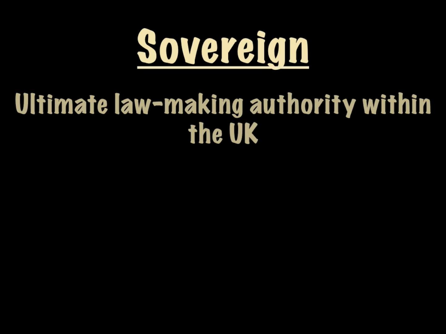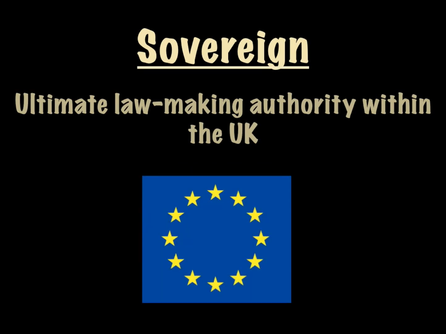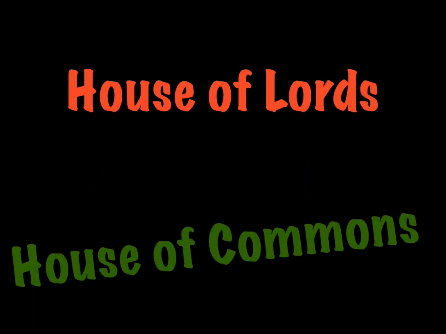Traditionally, Parliament is sovereign, which means it has ultimate law-making authority within the UK. It can legislate on any matter and cannot bind successive governments. This means that in theory, its laws can't be overturned by any higher authority, but in recent years, the rise of the EU Parliament has changed the situation, hence the rise of UKIP, etc., etc. I'll talk about that later. Within Parliament, there are 2 chambers, the House of Lords and the House of Commons.